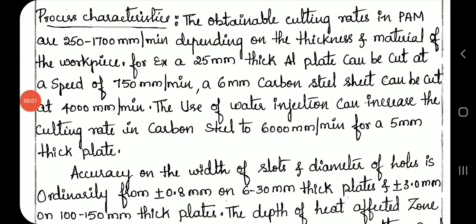Process characteristics. The obtainable cutting rates in plasma arc machining are 250 to 1700 millimeter per minute, depending on the thickness and material of the workpiece. For example, a 25 thick aluminium plate can be cut at a speed of 750 millimeter per minute. A 6 carbon steel sheet can be cut at 4000 millimeter per minute. The use of water injection can increase the cutting rate in carbon steel to 6000 millimeter per minute for a